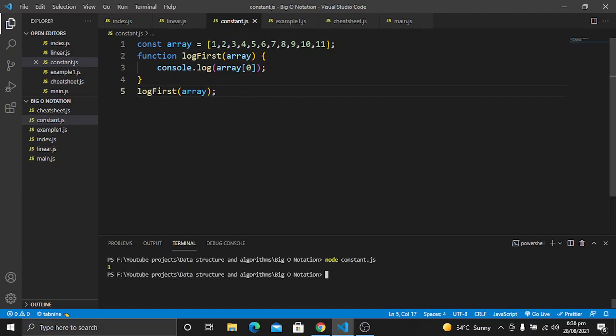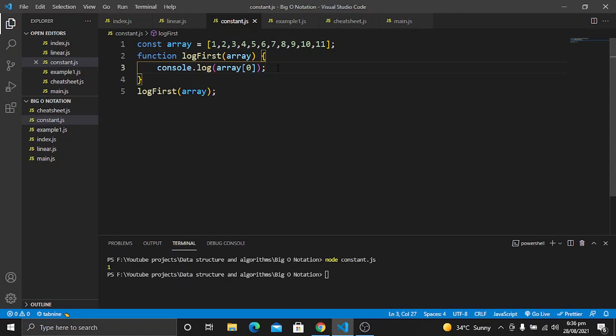Now if I have, for example, an array which has maybe 1000 items, or maybe 100,000 items, or a million items in this array, but what we want to do is get the first item. It doesn't matter how this input grows, it doesn't have an impact on our function, or we can say the number of operations that we want to perform, because we just want to get the first item in this array.